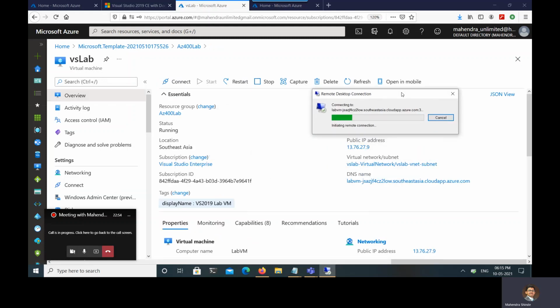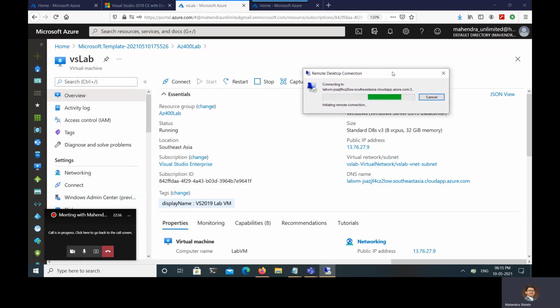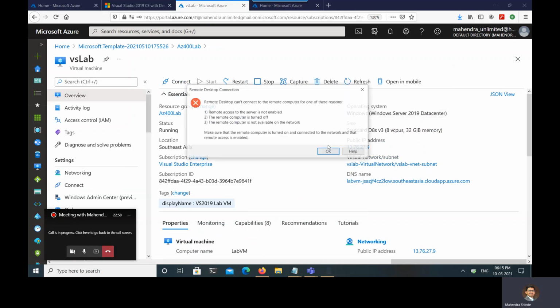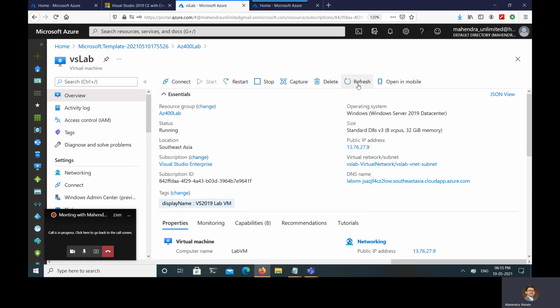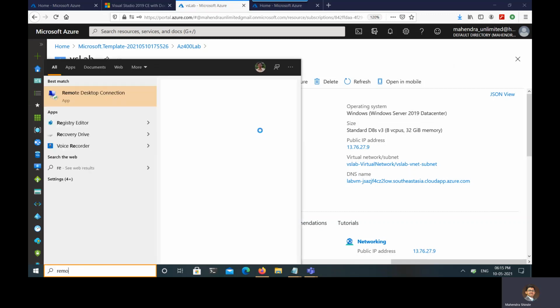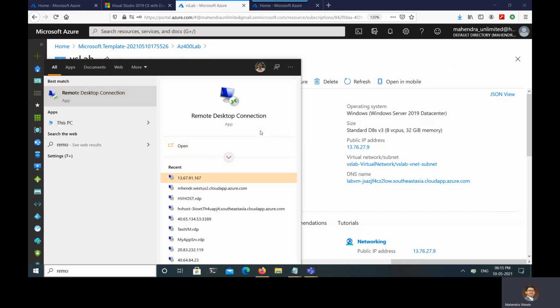Let's wait. It looks like the machine is not yet ready. I remember I wrote a script which will automatically restart after installation, so internally it might be restarting. Let's wait a couple of minutes and then connect to this machine.